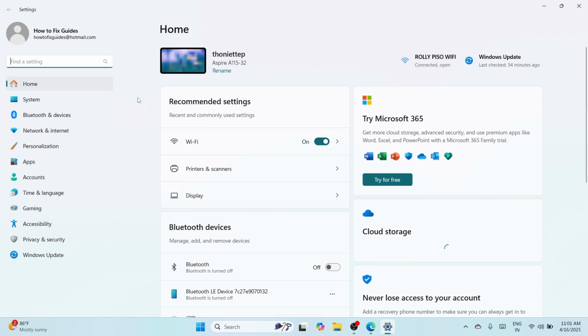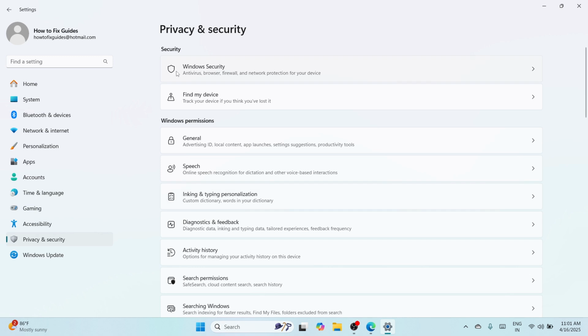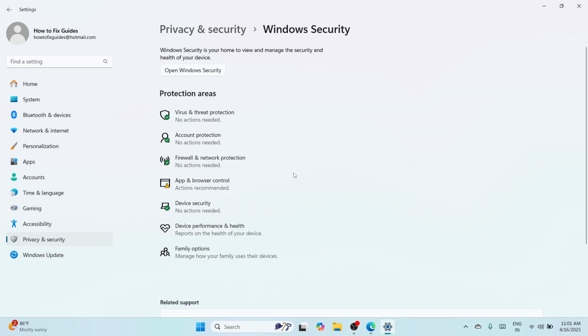So once you are here, please proceed at the left side of the screen and look for Privacy and Security. Tap on it and proceed with the first category, which is Security, and look for Windows Security, which contains the antivirus, the browser, the firewall, and network protection for your device. So click on it, and once you have clicked on it, please proceed with this option at the upper side of that. Go with Open Windows Security so that you would be navigated to the Windows Security